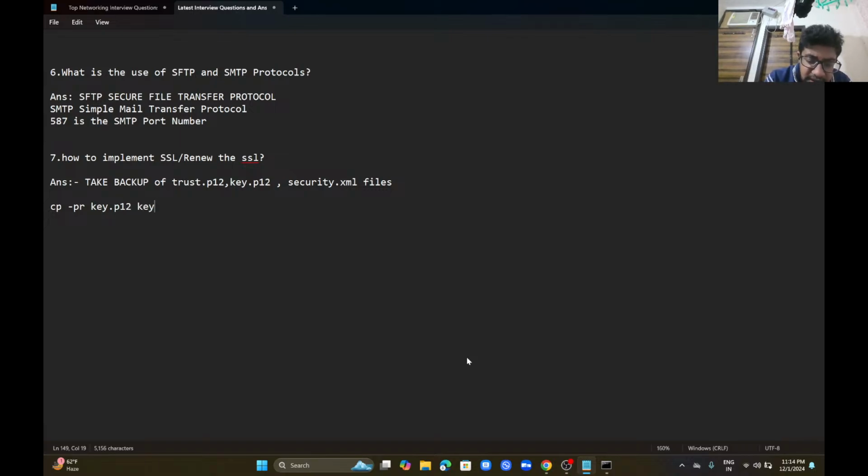cp -pr key.p12 key.p12_bkp, cp -pr trust.p12 trust.p12_bkp, cp -pr security.xml security.xml_bkp. It will get like this. After that,